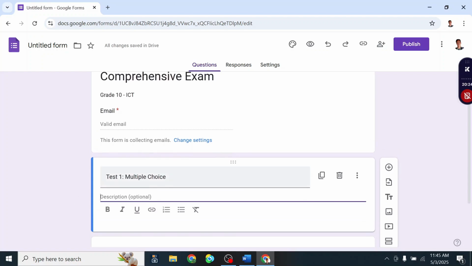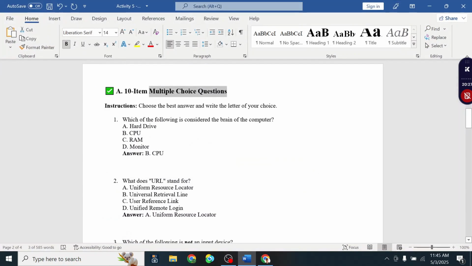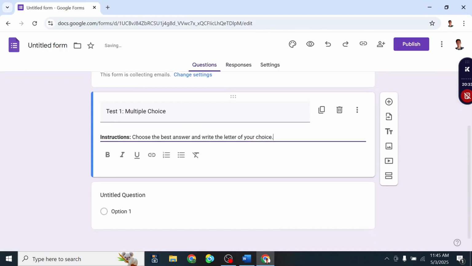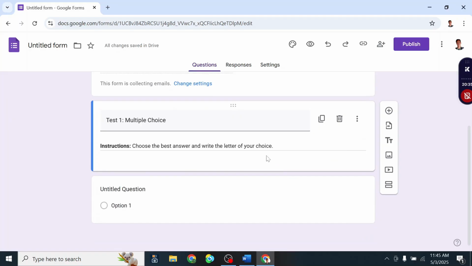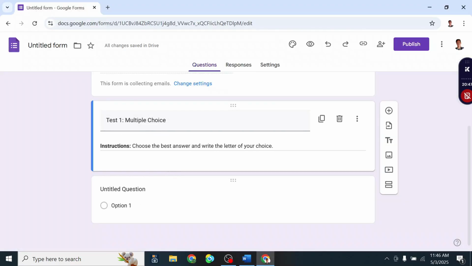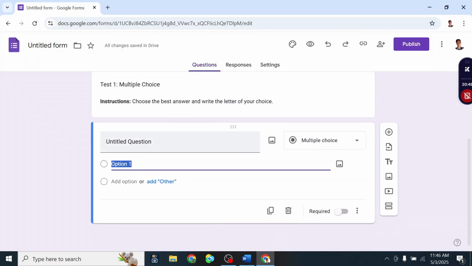Actually, I have already created an exam in my Microsoft Word so that I can easily drag and drop or copy and paste the instructions and the exam questions. Okay, let's proceed to the questions of the exam. So let's copy the first question here in our Microsoft Word and then paste it in the first question here